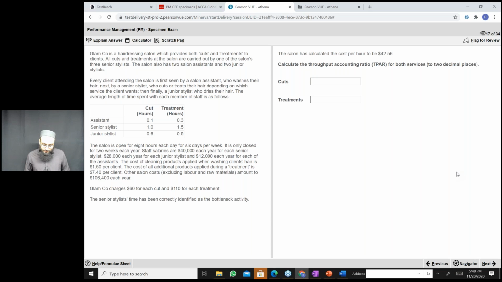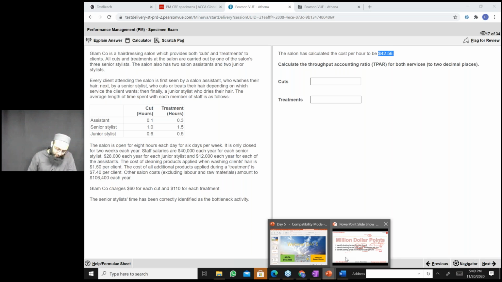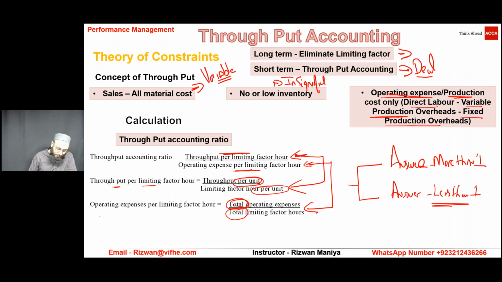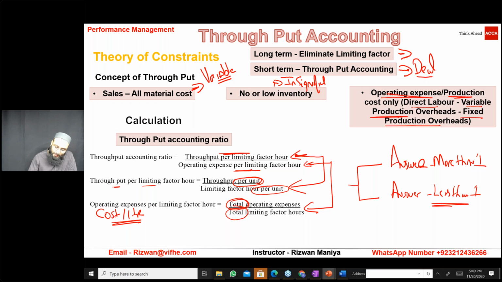Now, guys, are you ready for the second question? The salon has calculated cost per hour to be 42.56. Thank you, salon. So what is this 42.56? Let's go to our formula sheet and have a look. This is cost per hour. Cost per hour is operating expense per hour; we can even call it cost per hour. So they have already done the calculation of cost per hour, and that is given to us, which is here,